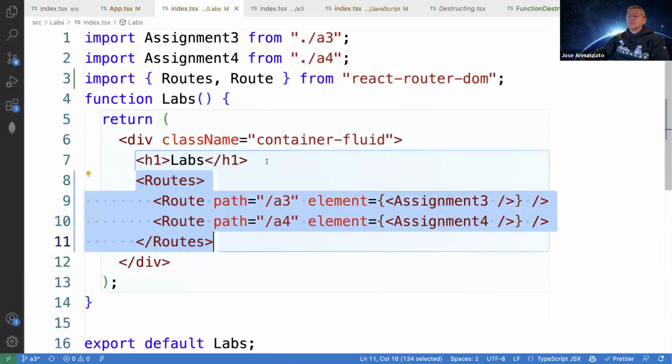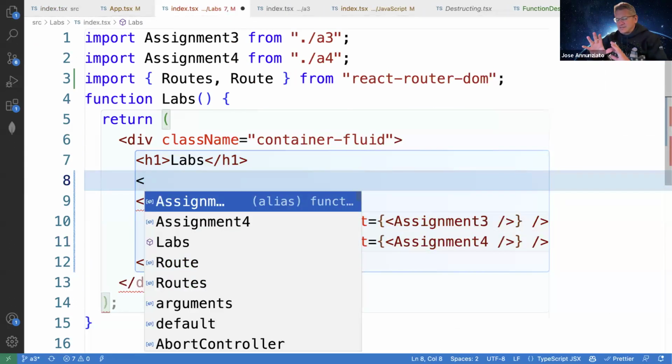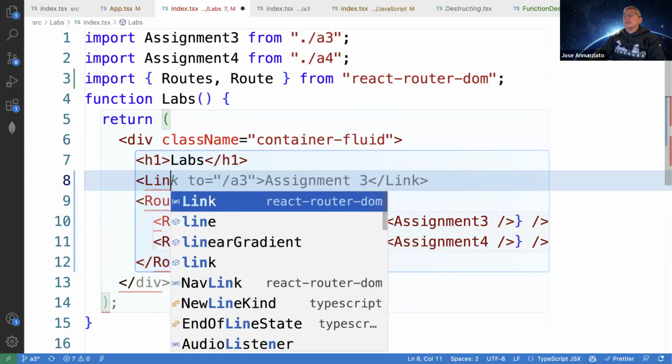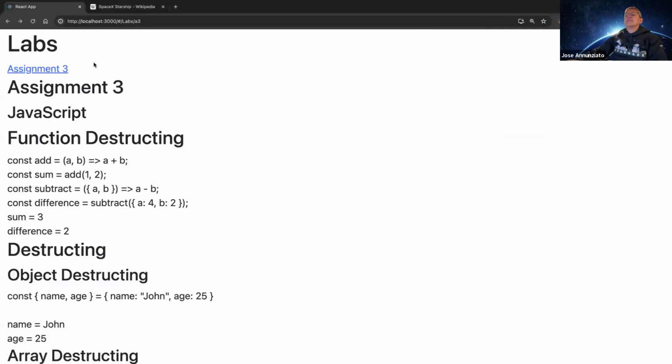What we could do is have not hyperlinks, because hyperlinks would actually navigate away into other pages, and we don't want that. So we want something equivalent that looks like hyperlinks, but they're not going to navigate away. So we're going to create a link